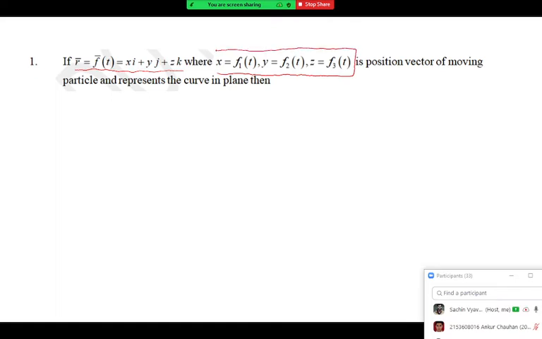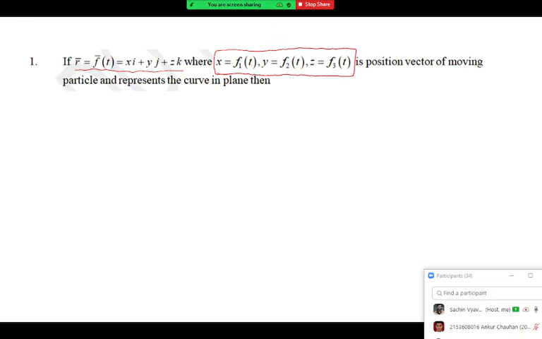Now, what is the parametric equation of a curve? It is nothing but all the Cartesian variables written in terms of one single parameter. In this case, the parameter is taken as t. Generally this t is known as the time parameter, but it is not necessarily time. It can be an angle, it can be anything. So x, y, z are written in terms of some parameter, here t. Because of that, it is a parametric equation of the curve. If we know the parametric equation of a curve, we can easily write its vector equation.